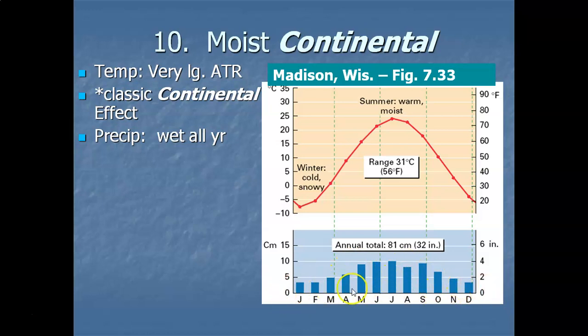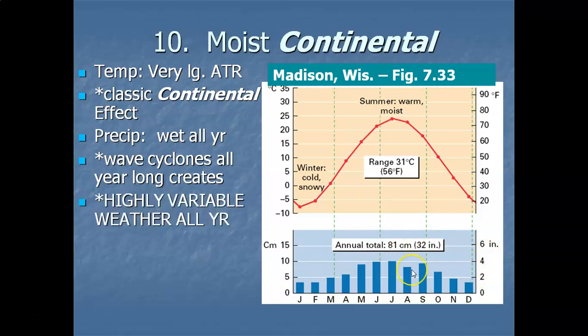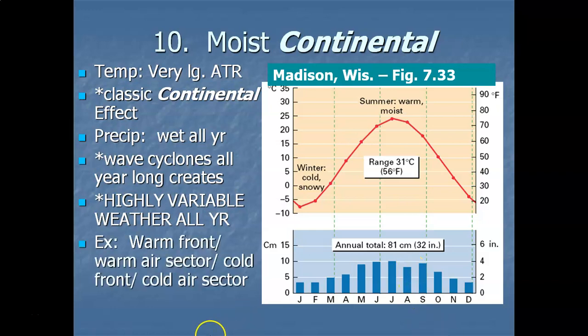What winds up happening as we move eastward now, we start to pick up Gulf moisture and the fronts become wet again. And it's not showing you the icon of the wave cyclones, but it is wave cyclones all year long, producing ample precipitation for this climate. Now, the thing about wave cyclones, if you remember when we did that, you wind up with a highly variable weather. It's kind of like a roller coaster ride of weather. Just think about what we experience in winter time here when we're dominated by wave cyclones or fronts.